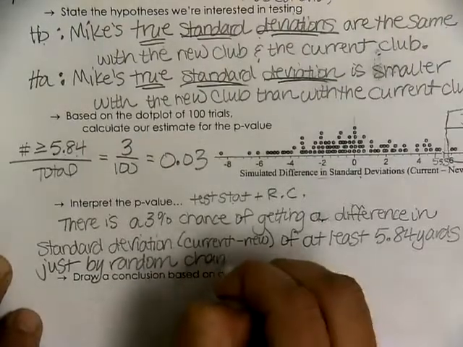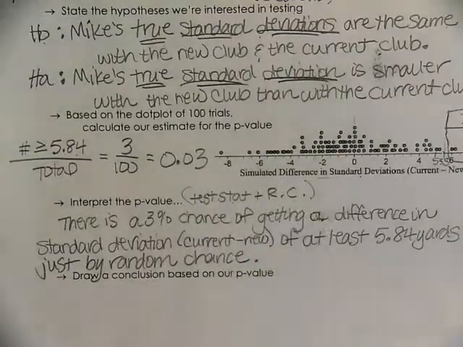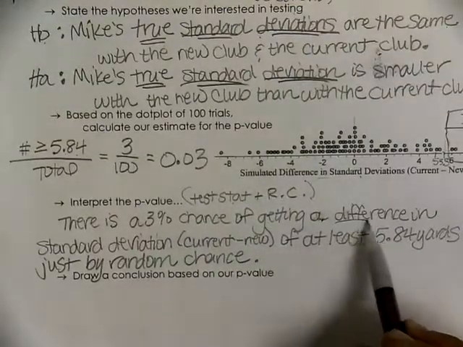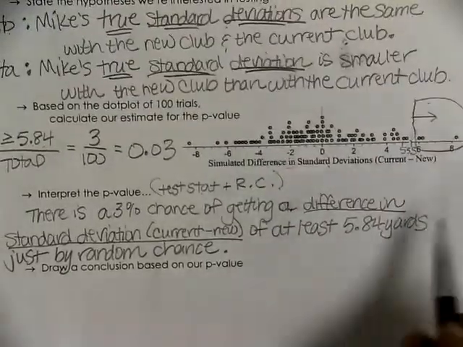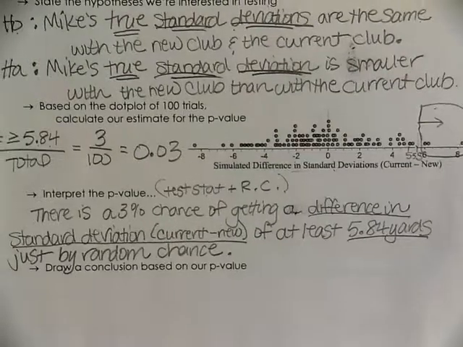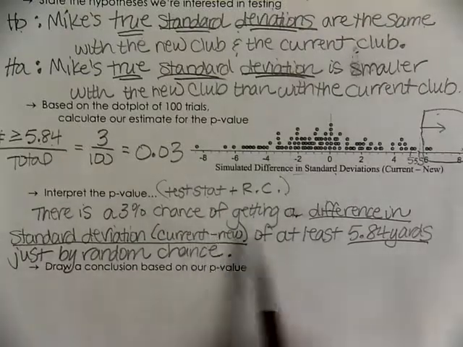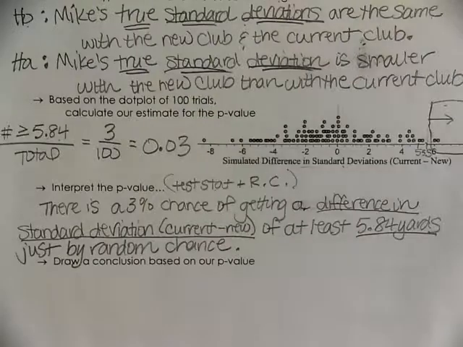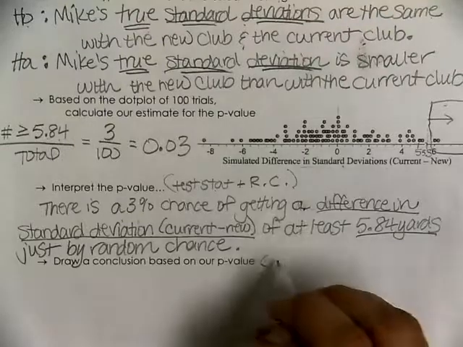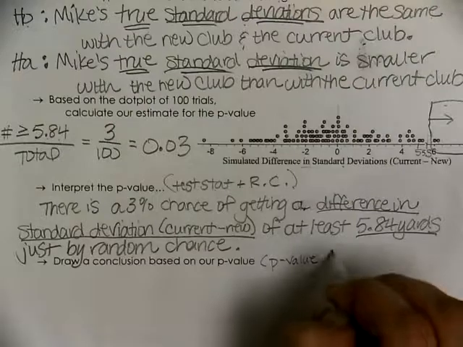So again, our interpretation of the p-value looks very similar to what we had done before. We talk about our test statistic, which was the difference in standard deviation, current minus new. We give the value of our test statistic, 5.84 yards, and we talk about random chance. So there's a 3% chance of getting a difference in standard deviation, current minus new, of at least 5.84 yards just by random chance. And remember our conclusion, we always mention our p-value, our significance level, and